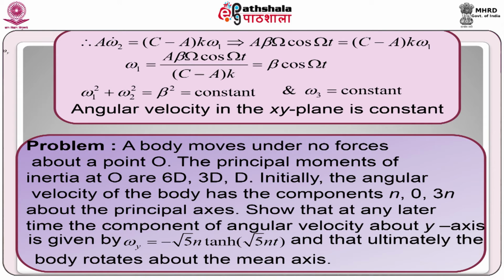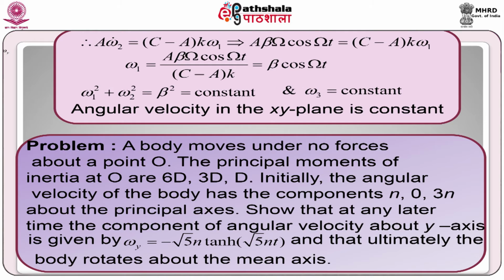Next problem. A body moves under no forces about a point O. The principal moments of inertia at capital O are 6 capital D, 3 capital D and capital D. Initially, the angular velocity of the body has the components small n, 0 and 3 into small n about the